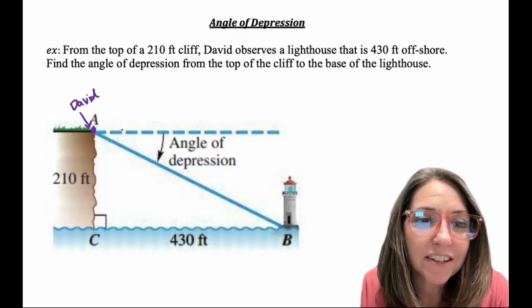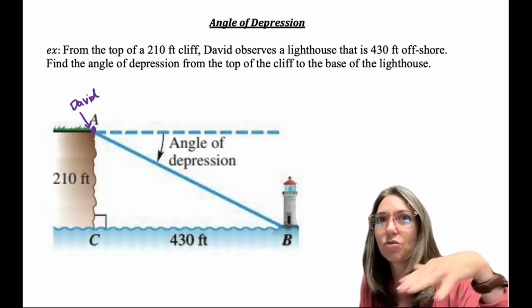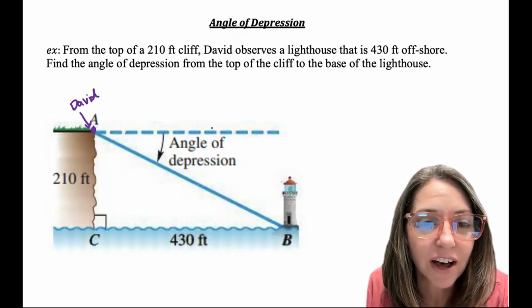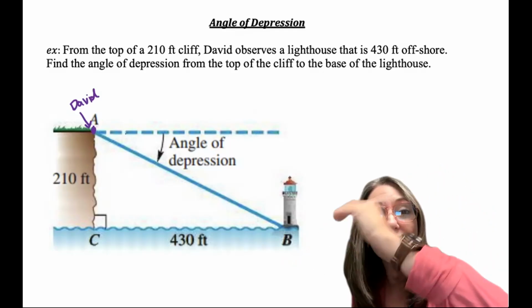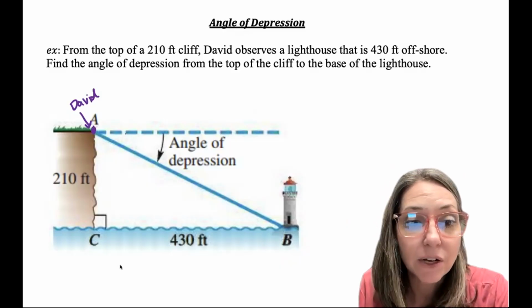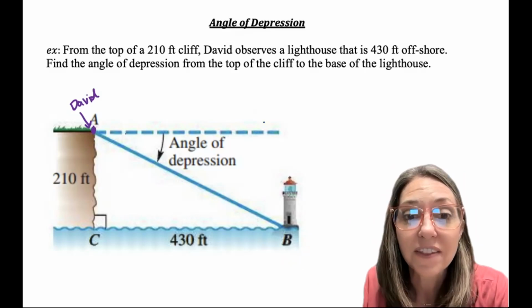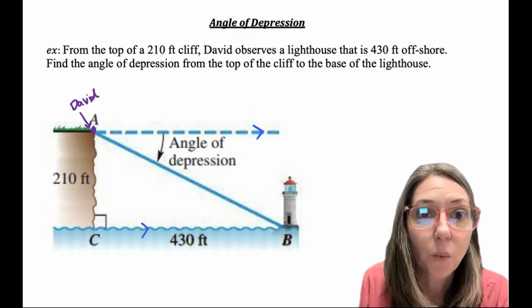Okay, we're trying to find this angle, which is you have an imaginary line shooting out through space, right? Through the air. That's this line here, the dashed line. The angle that you look down at from that imaginary horizontal line, that is called your angle of depression. Now, assuming that the ocean is also flat, horizontal, that would mean that these two lines are parallel, which means